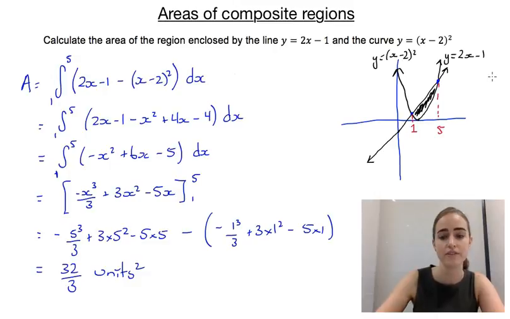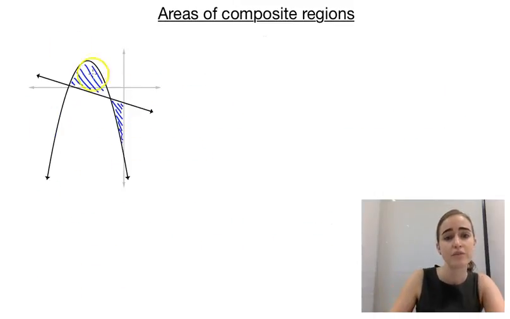between those two curves. Now this method also works even if part of that region or all of that region is below the x-axis, it'll still work out to give you the right answer. If you had a problem where one curve was under the other one for part of our region that we wanted, and then it crossed over and switched, so it was the other way around, you'd have to split it into two integrals. So for example, in this one, if we wanted to find that blue area, if this straight line was f of x and our parabola was g of x, for this section, because f of x is